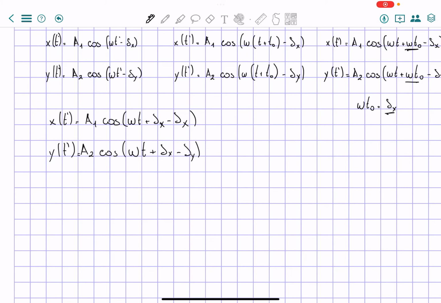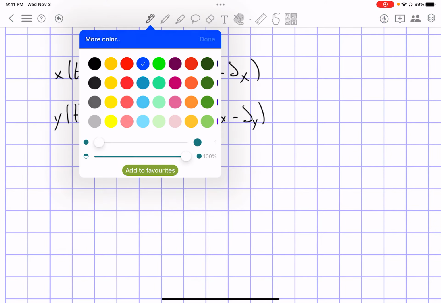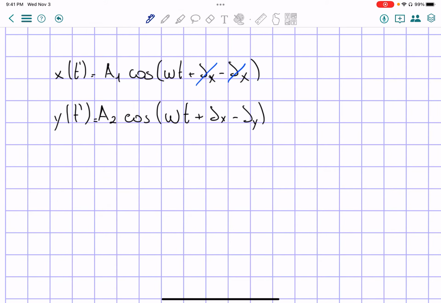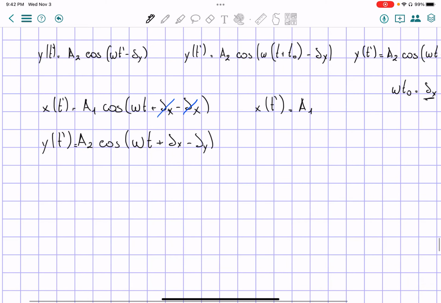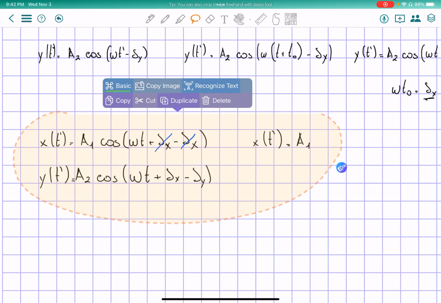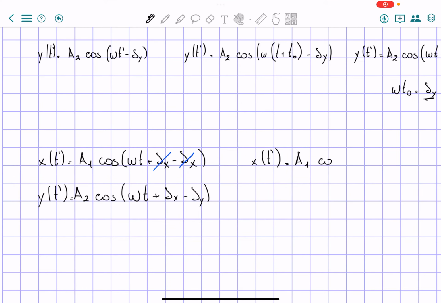So now these two up here cancel each other out. So x of t prime becomes a1 cosine of wt. Actually, let me move everything down one line. So we're going to have a1 cosine of wt, and then y in terms of t prime is going to be equal to a2 cosine of